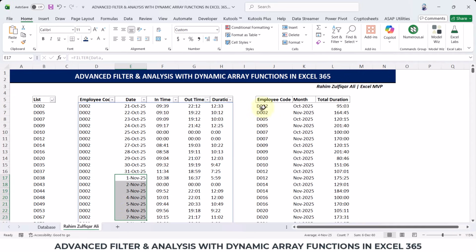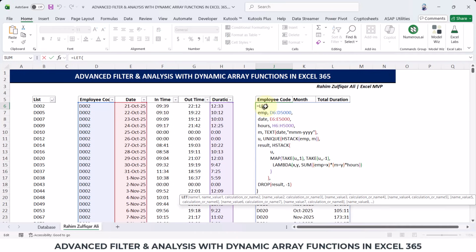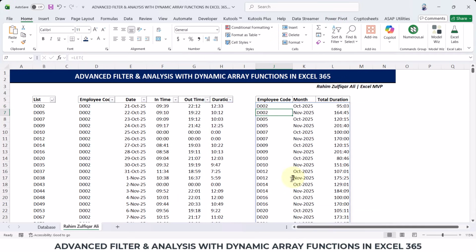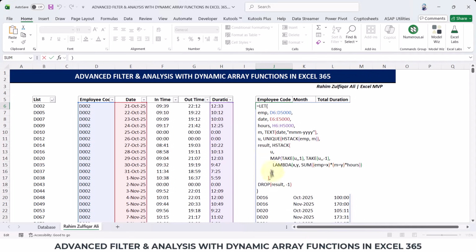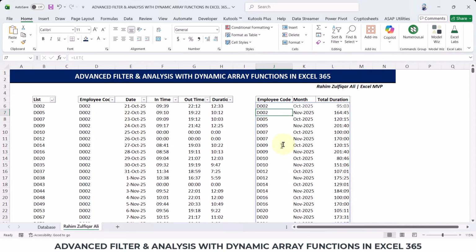Okay, so for that I have used dynamic array formulas, where you can see I have combined different functions like LET, UNIQUE, HSTACK, MAP, LAMBDA, DROP. Okay, so this is how you can use the power of dynamic array formulas, not just to fetch the data properly and dynamically, but also to do the analytics. Okay, if you don't have Excel 365, if you don't have these kinds of dynamic array formulas, you can create a pivot table as well for this particular data set,